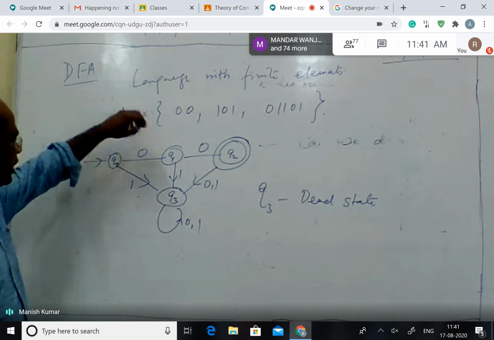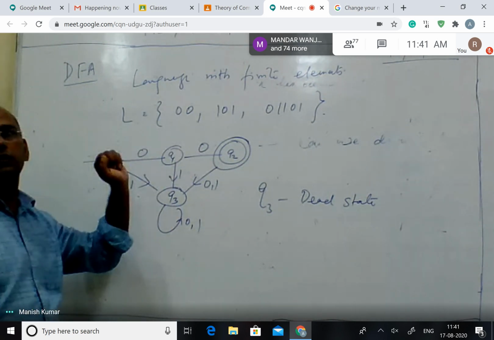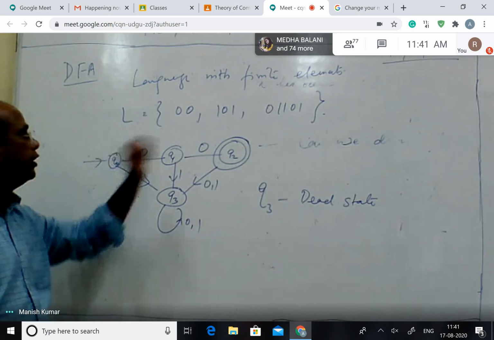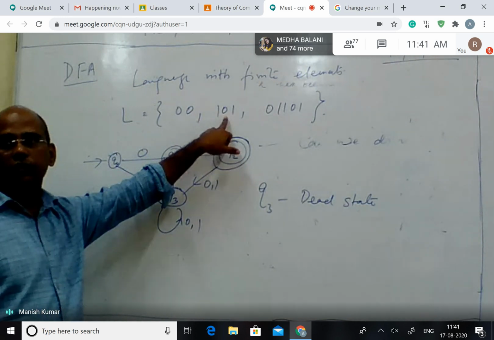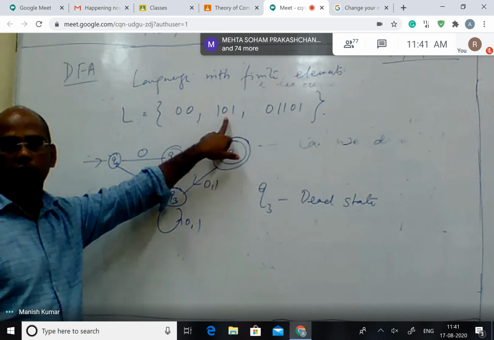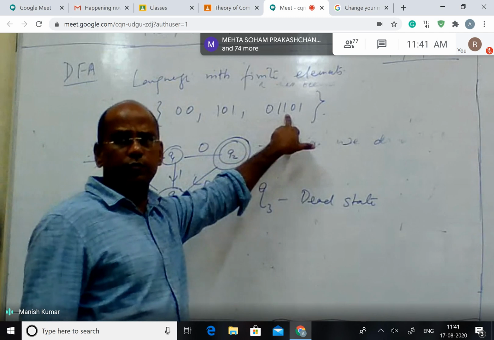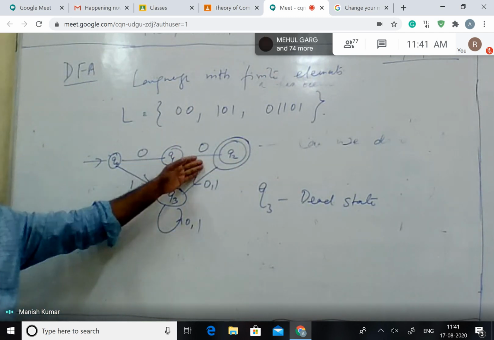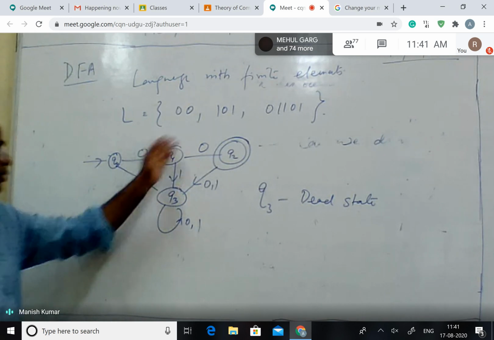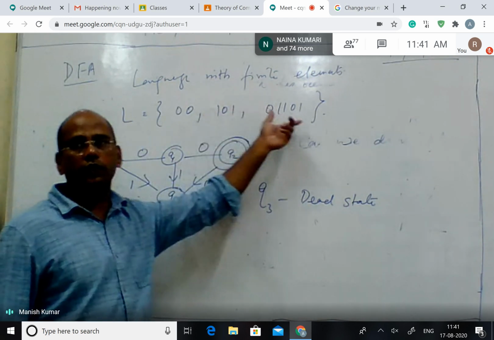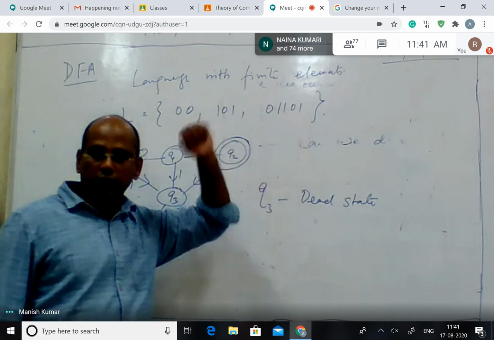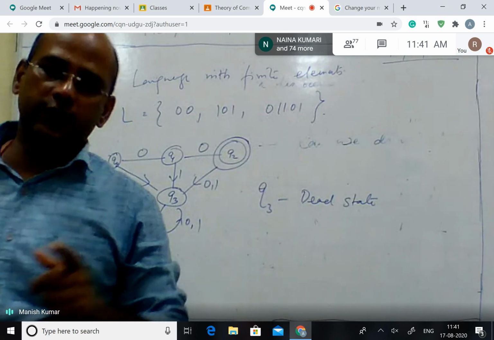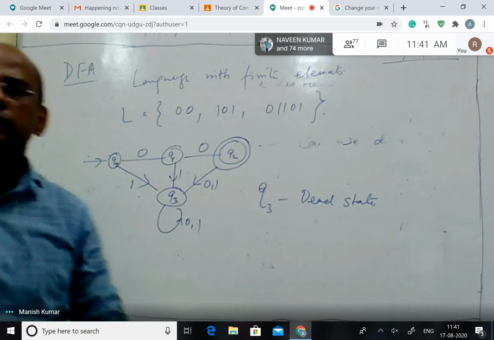So that means I can construct a machine for 0, 0. Similarly, I can construct a machine for 1, 0, 1 also. It's the same way you can proceed as we have proceeded for 0, 0. So the same way I can proceed for 1, 0, 1 also and for this one also. Now, the question is that